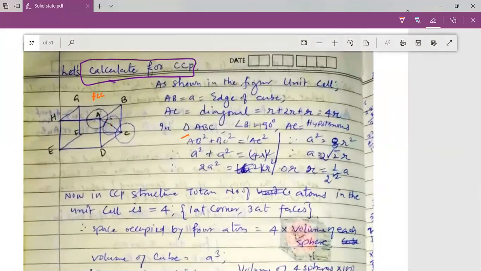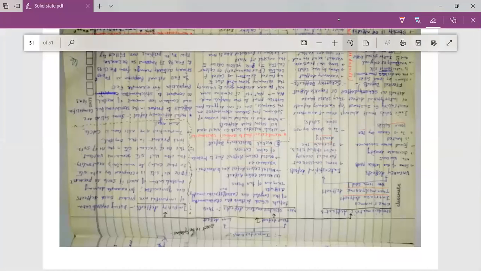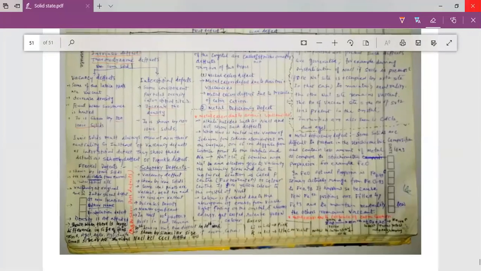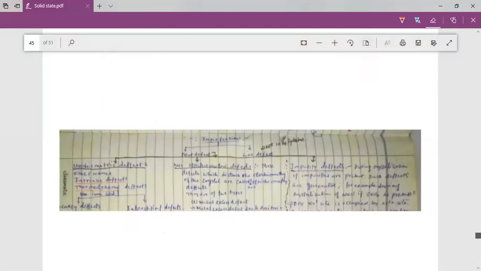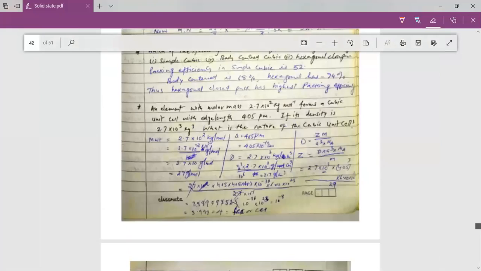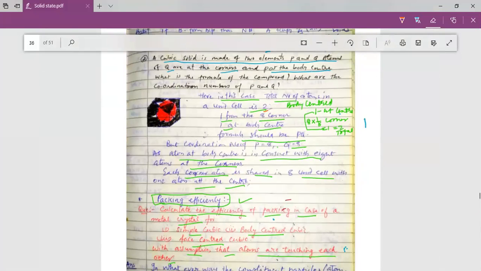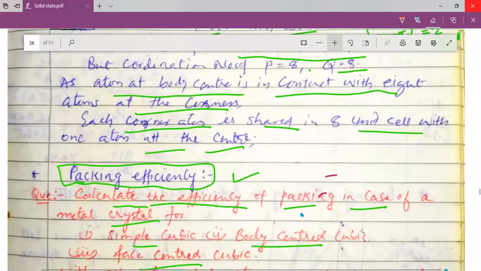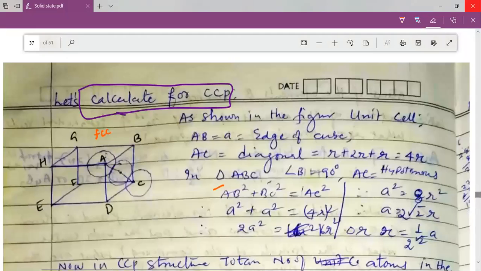Now let us look into the various calculations so that we can understand it well, my dear students. Please have a look at it. So let us move forward and understand the packing efficiency well. I have just moved somewhere else, so I may be creating trouble for you, but I'll get back to the same one. Okay. So now let us solve this problem.